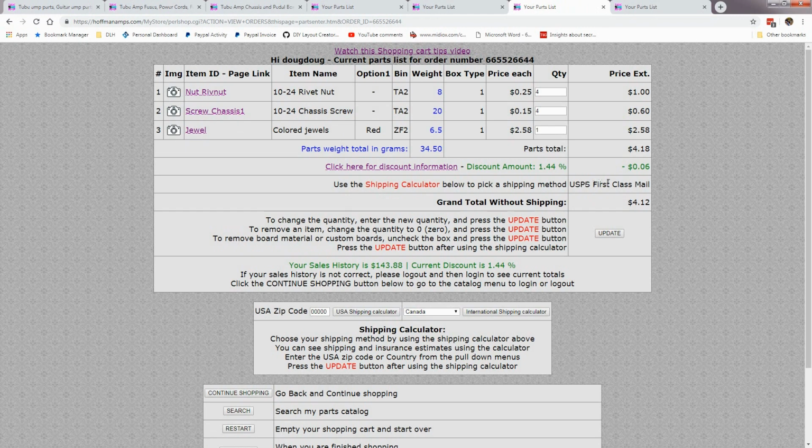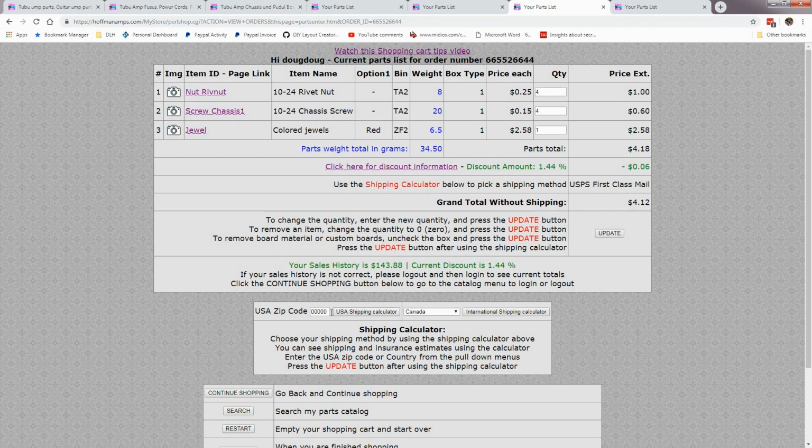Now look, USPS first class mail. Now it doesn't know what the shipping will be on this order because packages weigh more once they're in a box with shipping material packed around them. So that shipping calculator is only telling you the weight of the actual parts right here. If it adds 5 more ounces to put it in a box, the finished package is going to be a little bit more for first class mail, because first class mail goes ounce by ounce. Priority mail, I use a lot of flat rate boxes, so as much as I can stash in a flat rate box, it's going to be the same price.